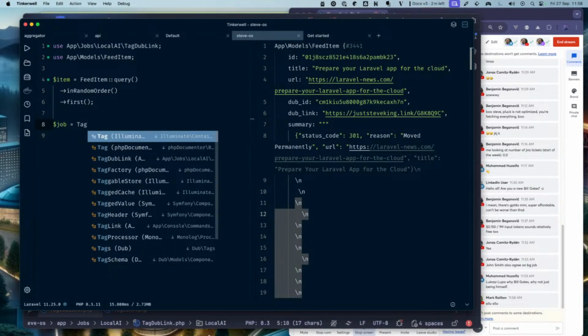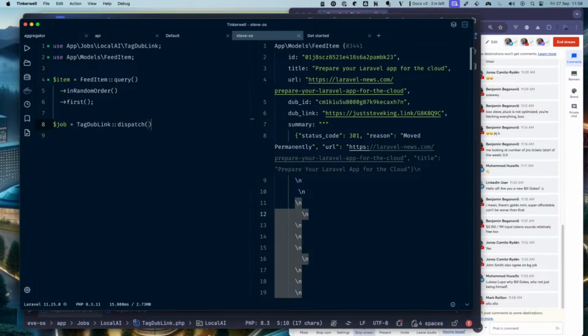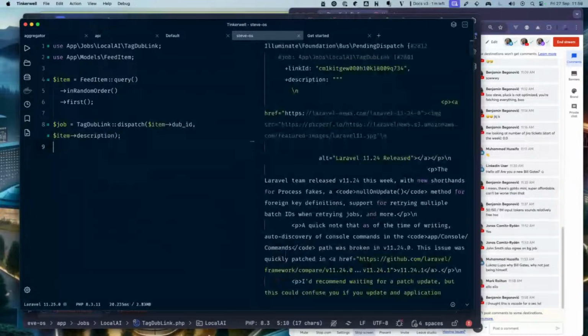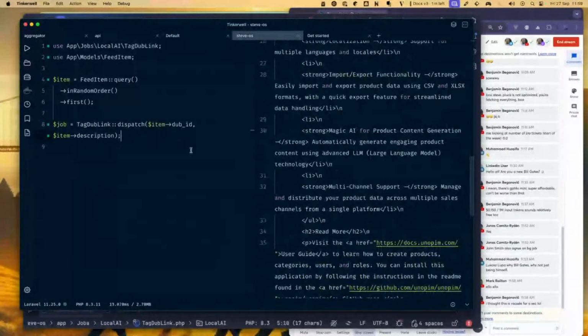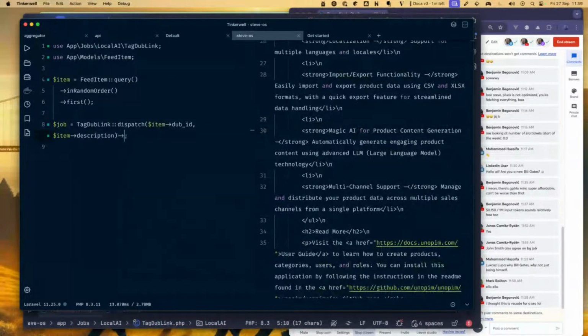We're going to say tag dub link dispatch. And the arguments that we're going to pass through are the item dub ID and then the item description. That's dispatching it. Pending dispatch. Ooh, that's not what I want to do. Okay, so